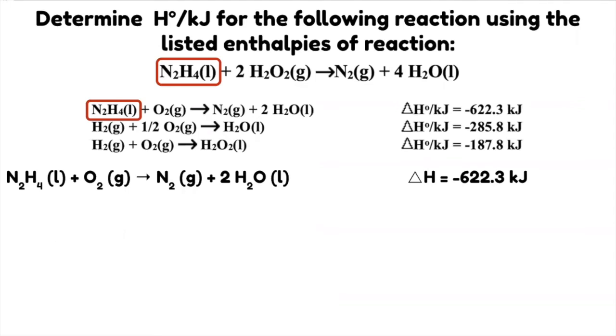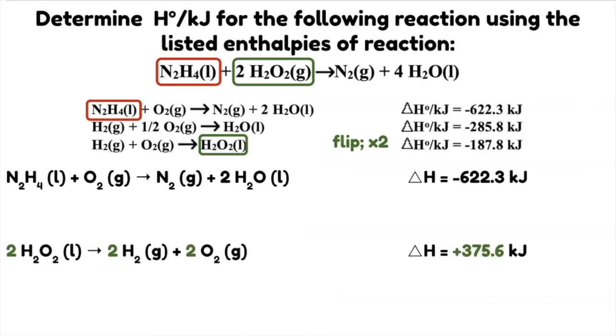So third equation, I can get H2O2. It's on the product side, but in the main equation, it's on the reactant side. So I have to flip this. And as you can see, you have 2 moles of H2O2 on the reactant side or in the main equation. So I have to flip and multiply everything by 2. Okay, flipping this would give me a positive enthalpy. So I'll have this one, and it's positive